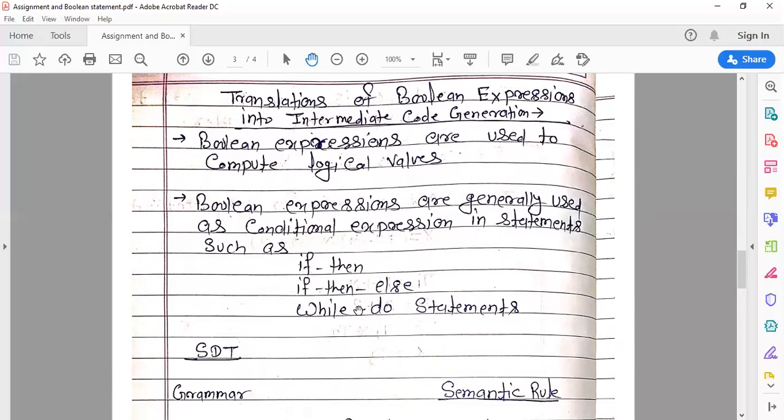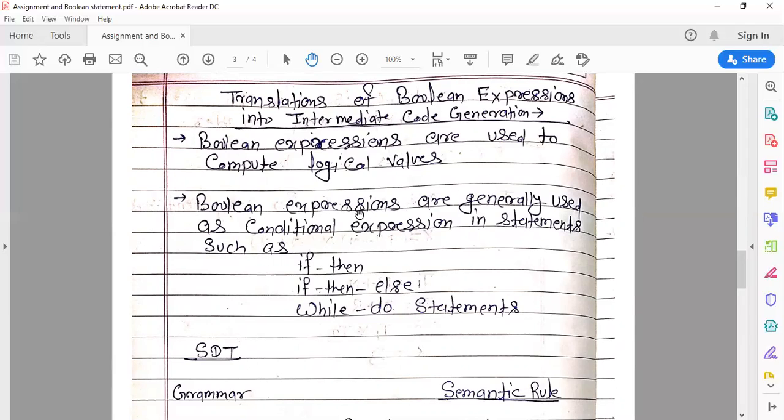And what is this condition? The result of this condition may be true or it may be false. So this is the Boolean type of expression, and the result of this Boolean expression may be true or it may be false.